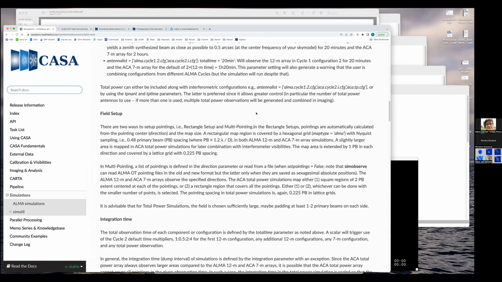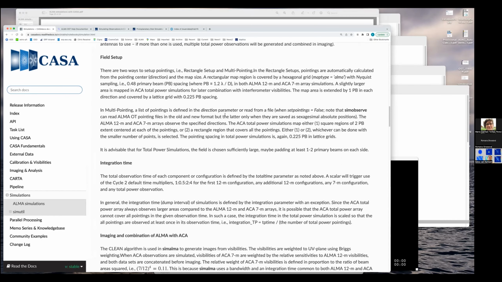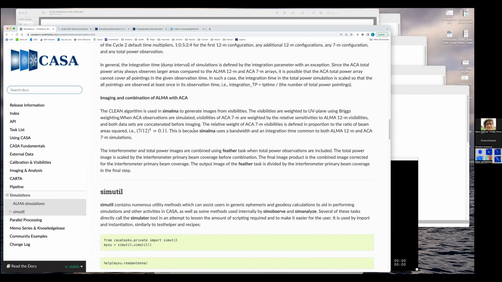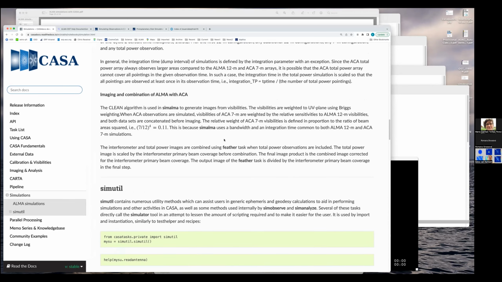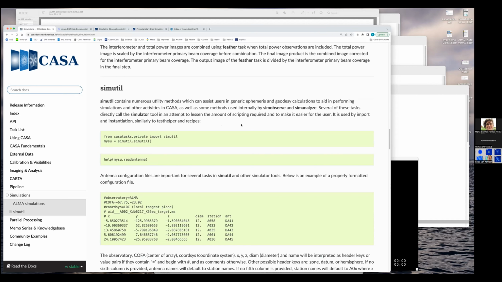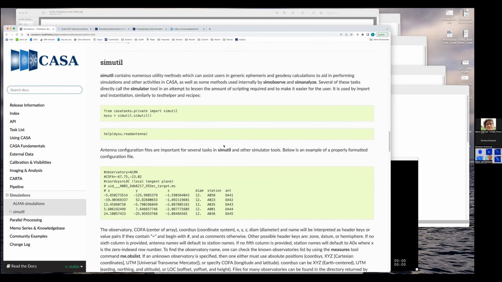Now, I'm not going to read out all this. I'm just trying to show you where it all is and what can be done. There's something which they didn't talk about, which is this simutil. These are utilities which are also part of CASA, which you can use for various things. For example, here you can read antenna properties for an array, or